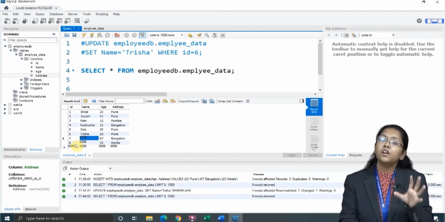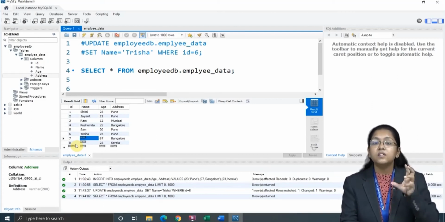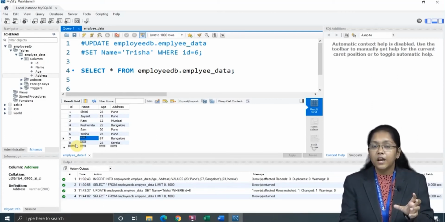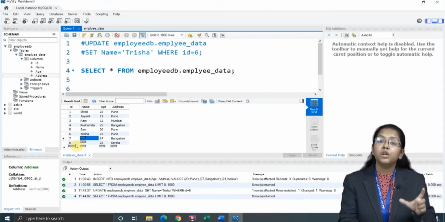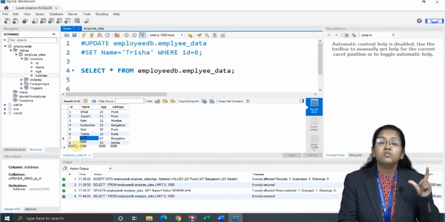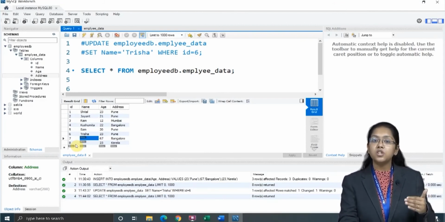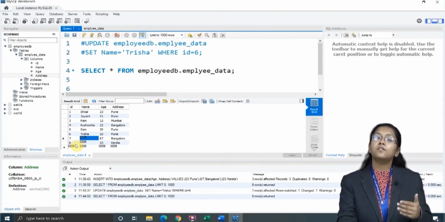Likewise, using the ID, because ID is a unique thing, you can update all the things, right? Now the where clause is very vast. We will see this in depth in the next consecutive lectures only. Okay, so for now you need to understand that where is giving me the location, right? And that location should be unique to that particular attribute only. If that is not unique, then it won't help you. All the values which have that particular location will get updated.